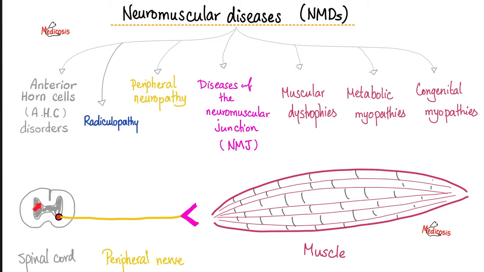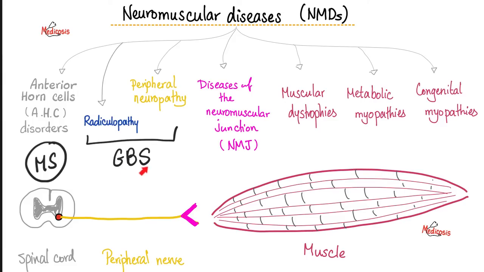Okay, here is the central nervous system, here is a peripheral nerve, here is the neuromuscular junction, and here is the muscle. Some diseases that cause muscle weakness are due to a problem in the central nervous system, such as multiple sclerosis, where you have demyelination of the central nervous system, brain, and spinal cord. Then we have diseases that have demyelination of the peripheral nervous system, and this is Guillain-Barré syndrome. It's a radiculopathy, pathology in the nerve roots, and peripheral neuropathy as well, so it's a pathology in the peripheral nerve. Today's topic is Myasthenia Gravis and Lambert-Eaton Myasthenic Syndrome, both of which are problems in the neuromuscular junction.